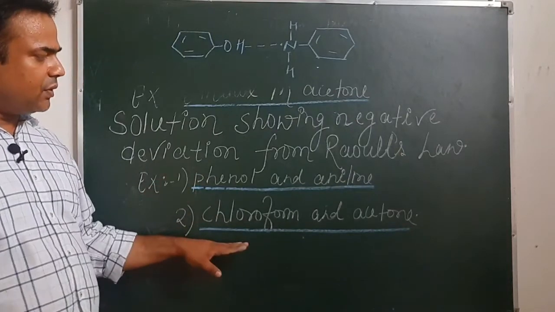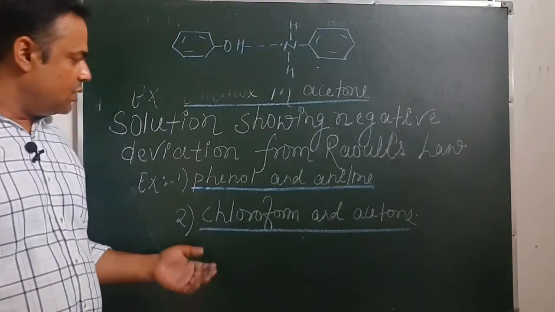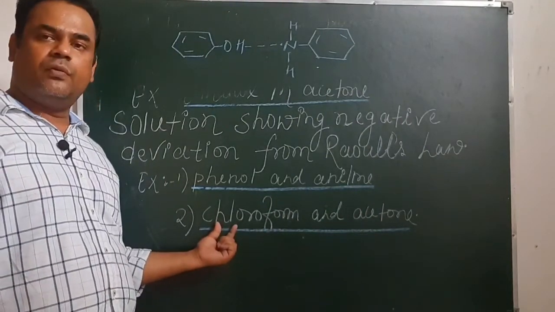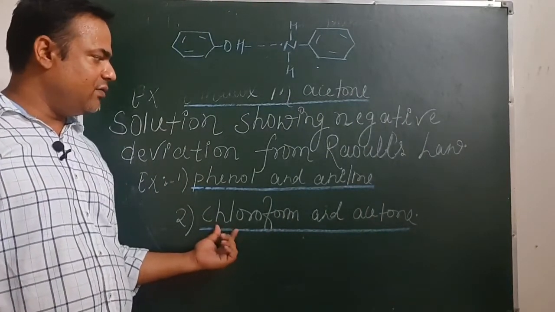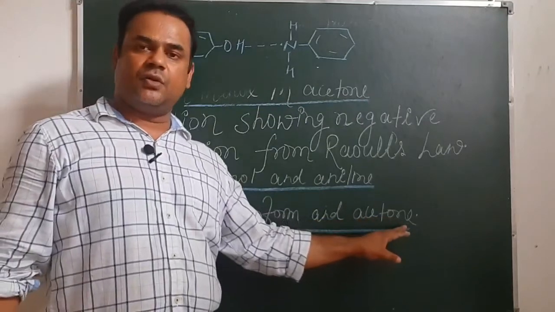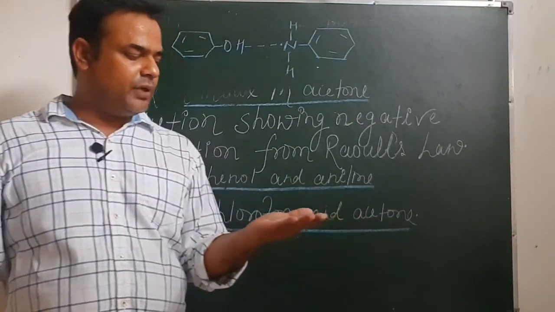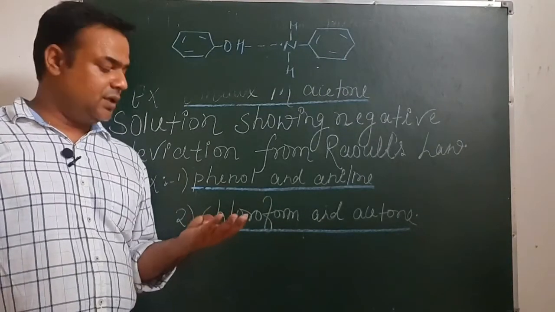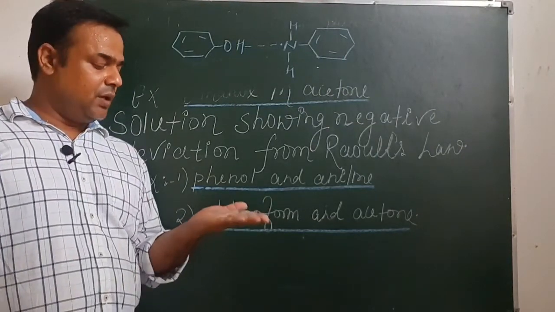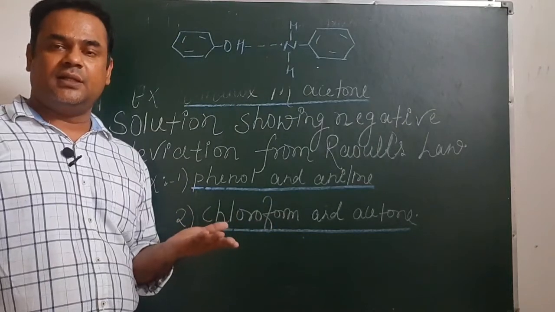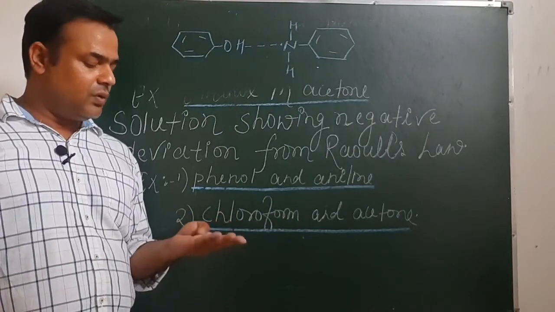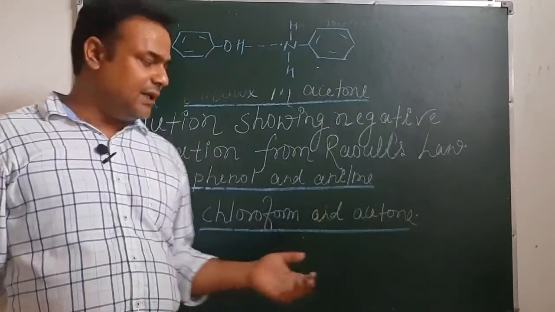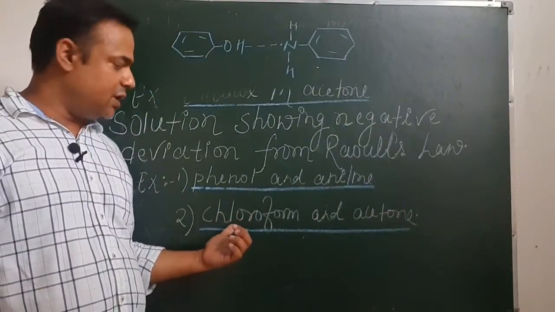In case of chloroform and acetone, when they are separate from each other, the interaction between chloroform molecules is very less. It is highly volatile. Similarly, acetone molecules are highly volatile. If you keep it in your hand, it will evaporate immediately. For example, thinner used for nail paint, mostly that thinner is acetone. If you keep it in your hand, it will evaporate easily because the interaction between the molecules is very less. Similarly, chloroform is highly volatile.